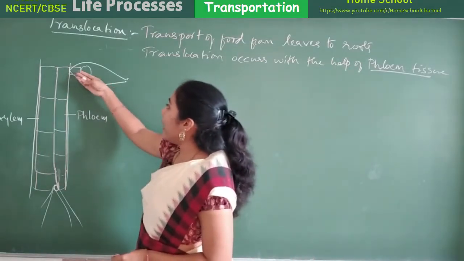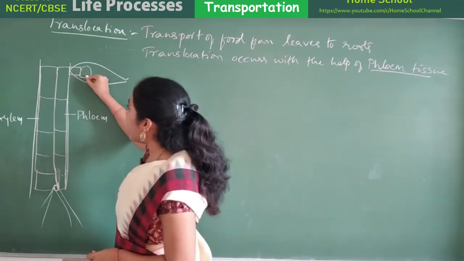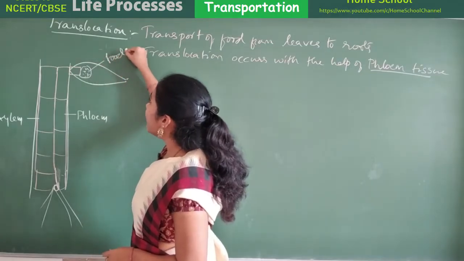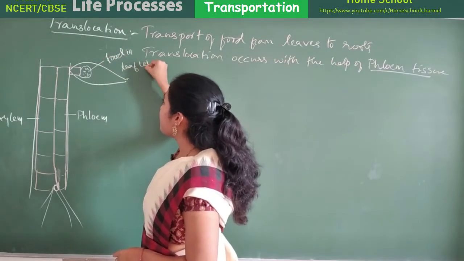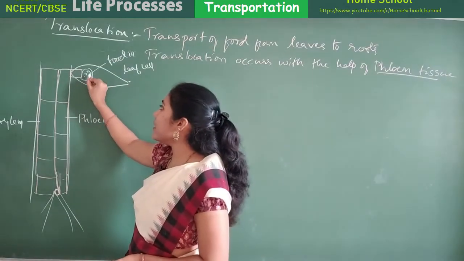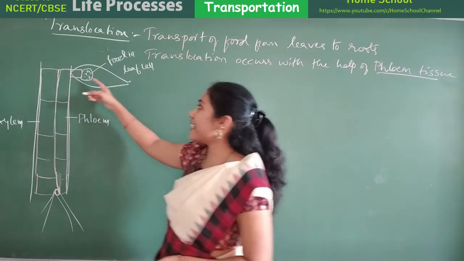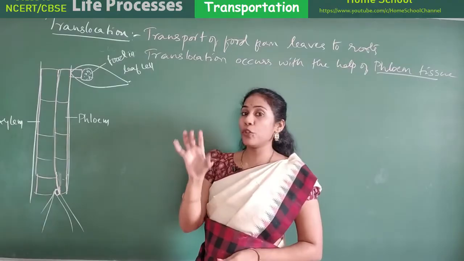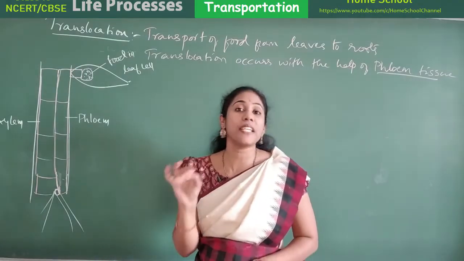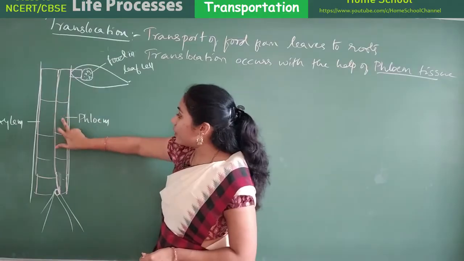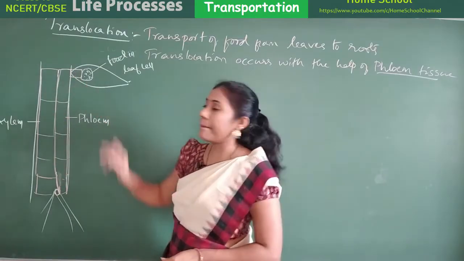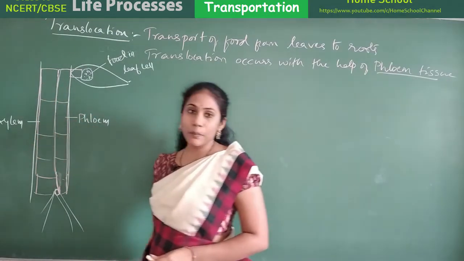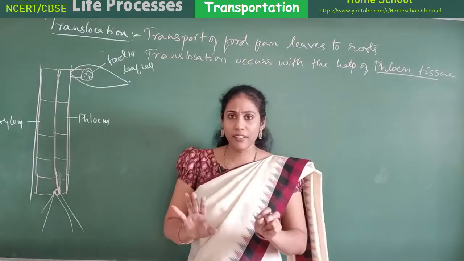See here, we have a leaf, and this is a leaf cell, okay, which has prepared some kind of food. This is food in a leaf cell, and this particular cell which is having food is connected to the companion cell of phloem tissue. I told you phloem mainly contains the sieve tubes and companion cells. These are called sieve tubes and this is what we call a companion cell. Phloem is always associated with xylem also. Both are present together, side by side.